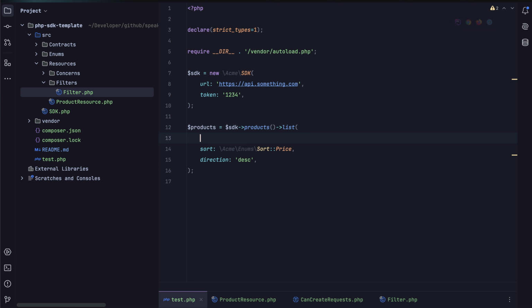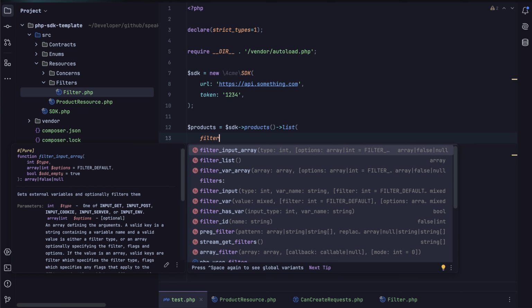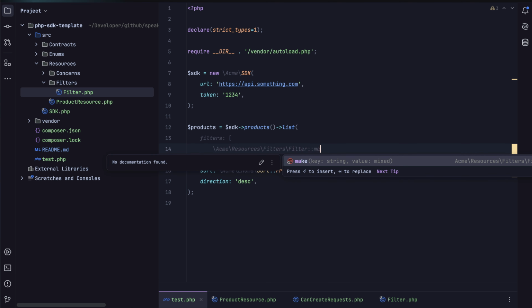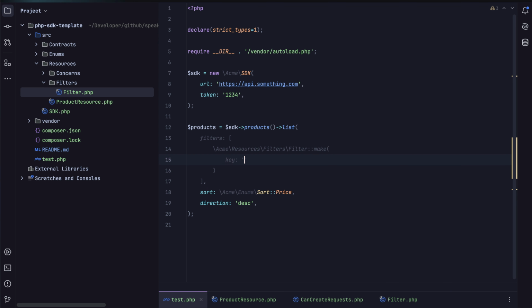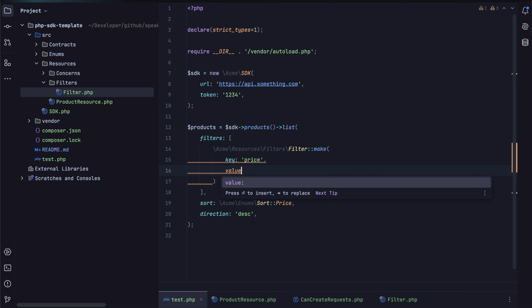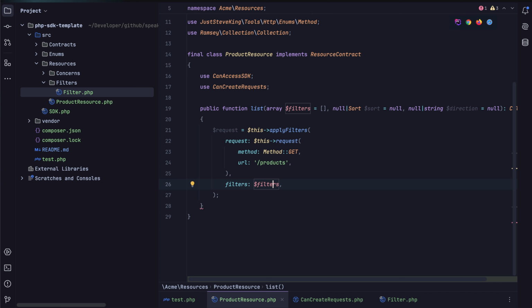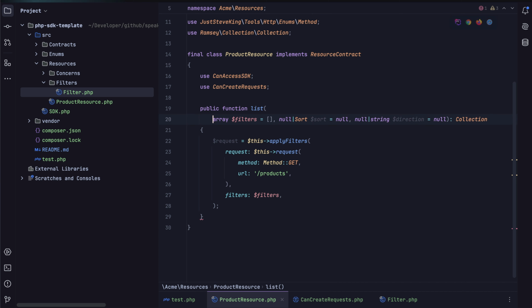Now if we have a look at our test, we can say filters, and let's just do an array. And within here, we're going to create a filter, we're going to say that the key is price, and that the value for the price is going to be 1000. Let's just drop all of these arguments on the list method to a new line,